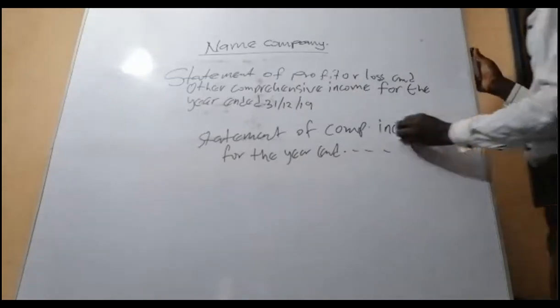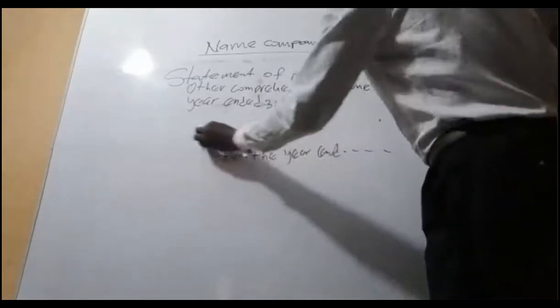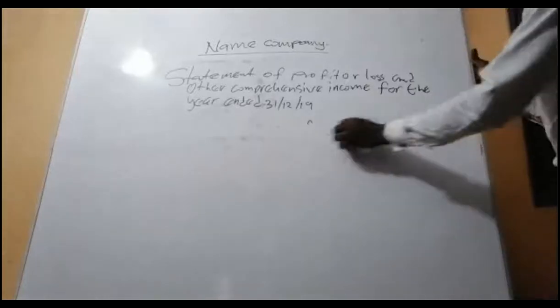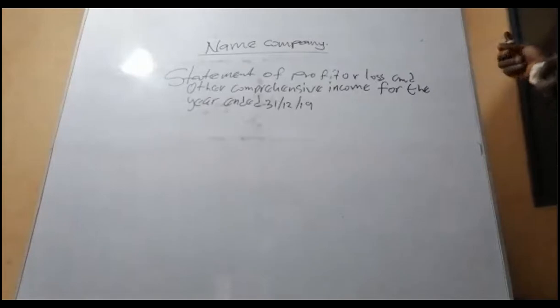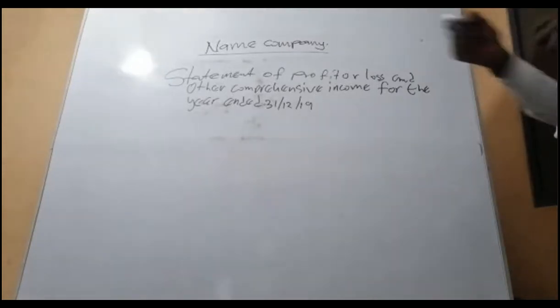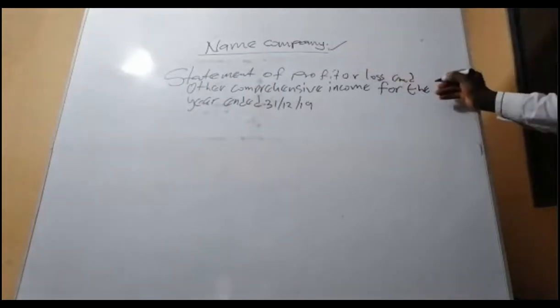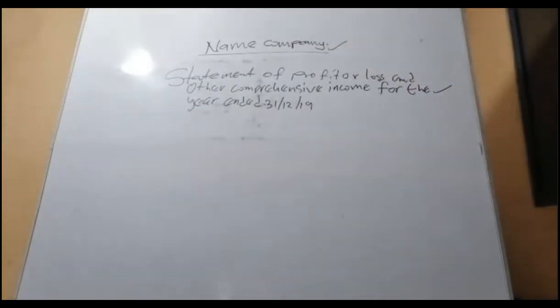Now let's see. So the name of the company, maybe it was Akuska Limited. So you write Akuska on top. Maybe Adom Limited. You put Adom Limited on top. Maybe Insura Limited, right? Then you put it here on top. Good. Now, right, there are three: the name, the requirement, and then the reporting currency.